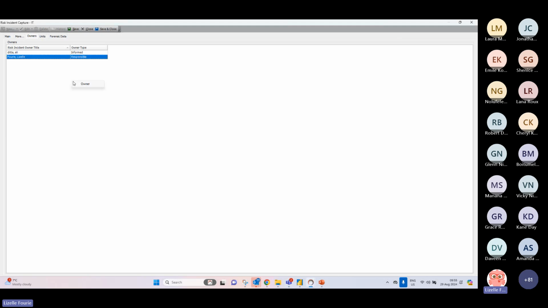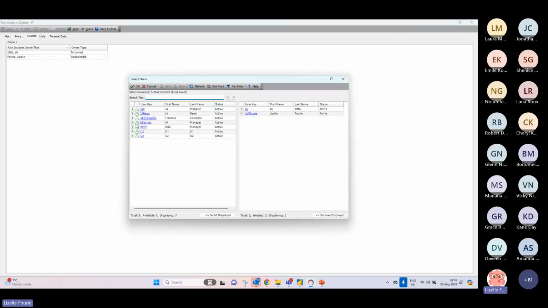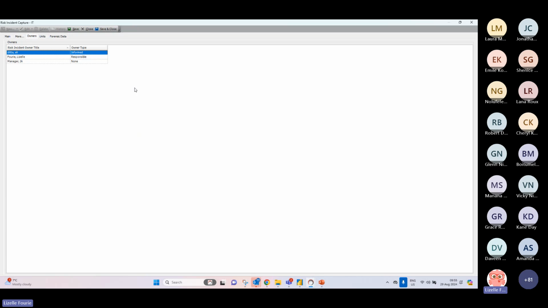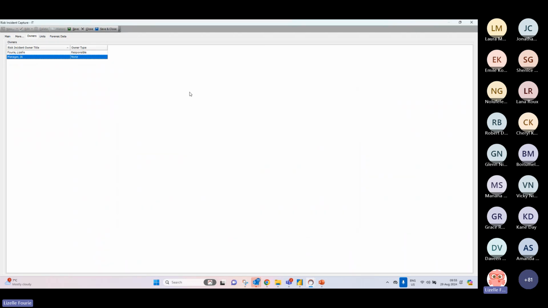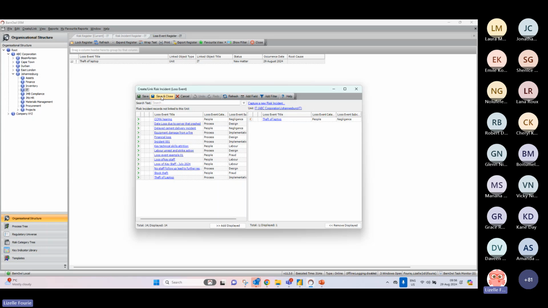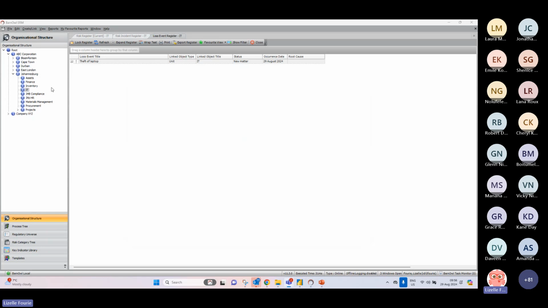You can still right click, select owner, and assign another owner as well. And if in this case one of these owners should not be there, again you can right click owner and remove the person that should not be there. So even though these owners are added by default for this specific incident type, for this specific unit, let me just click on save and close. You can amend it. I just quickly want to show you, if I then go to finance as an example and I capture an incident there,